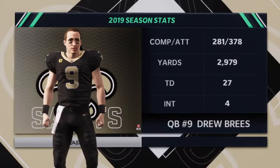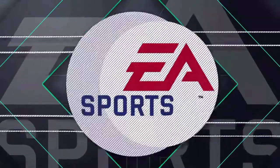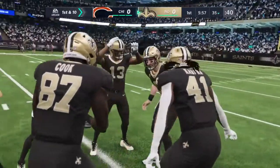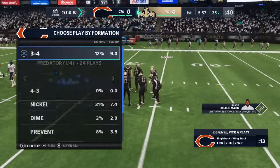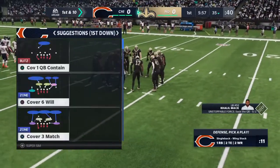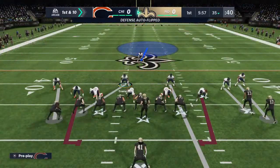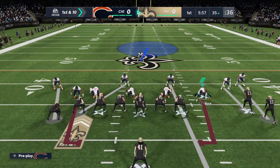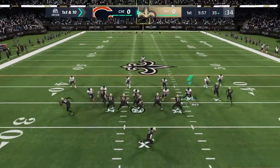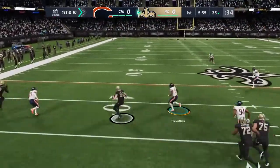Total relentlessness of consistency. Almost like a machine. If you watch him in practice after every throw, he resets his feet, visualizes all the other options on a play. So if he has to do it in a game, it's already there, has the muscle memory. I started calling him AI for artificial intelligence. Whatever a defense does during a game, he absorbs it and then uses it against them as the game moves